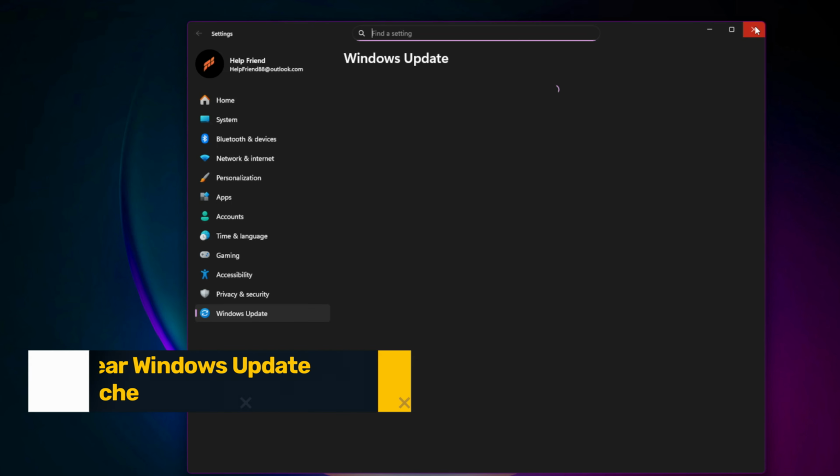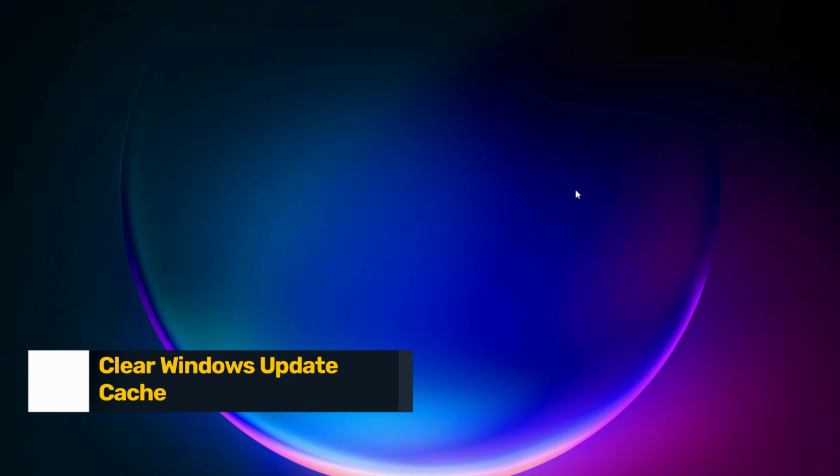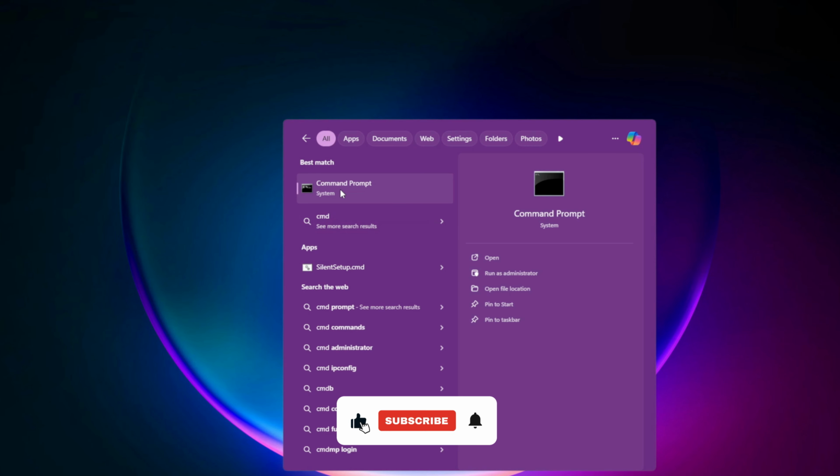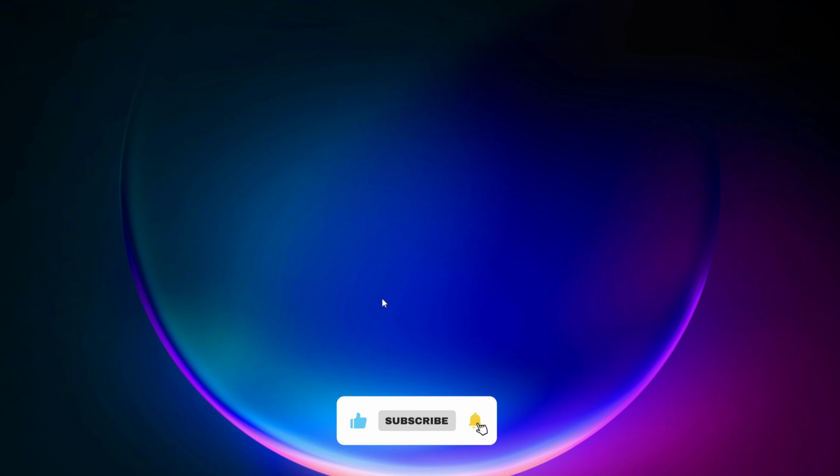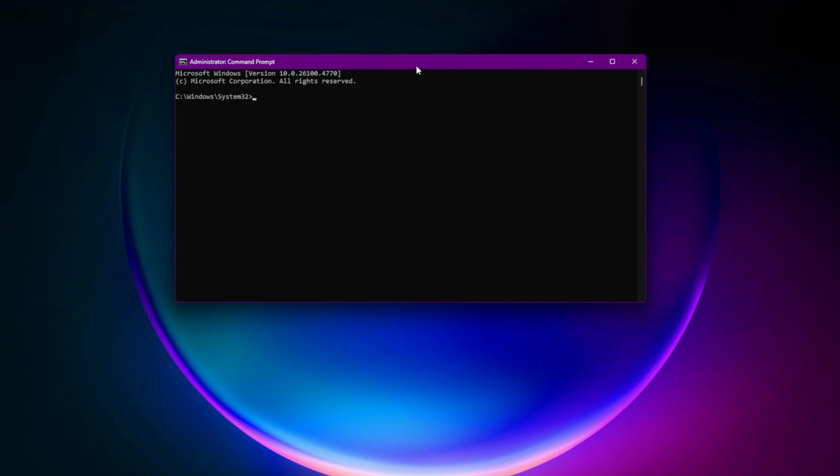2. Clear Windows Update cache. Sometimes, old or corrupted files in the Update folder cause this issue. Let us clear them. Search for Command Prompt. Right-click and choose Run as Administrator. Now type these commands one by one. I will go slow. Type net stop wuauserv,